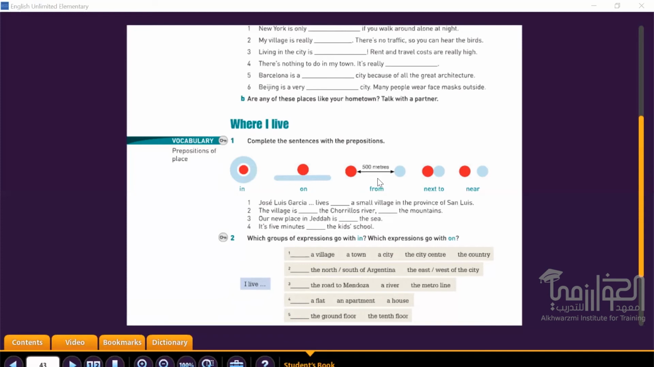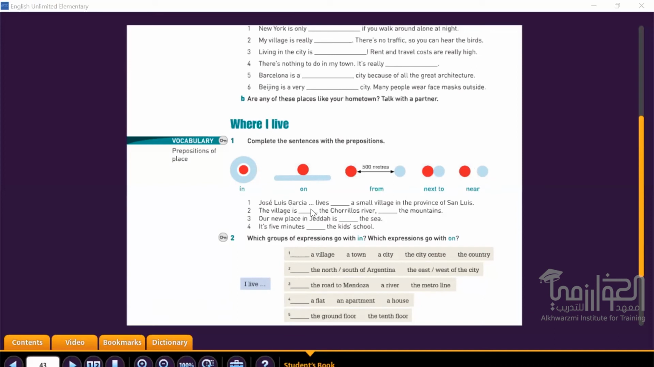And then we have distance. You can see that 500 meters from here to the red dot. So from here to this place, we use from one place to another place. Then look at these 2 dots. This is next to. And you can see there's a space here, so we say near. Now, I want you to complete the sentences with the prepositions: in, on, from, next to,